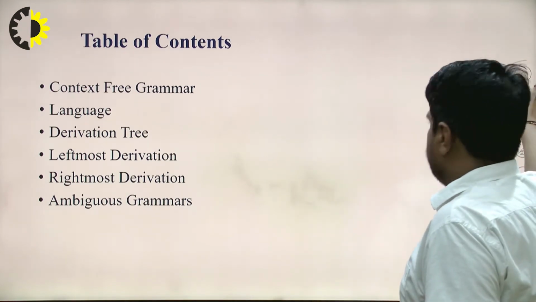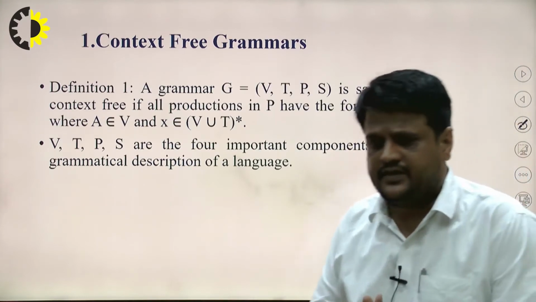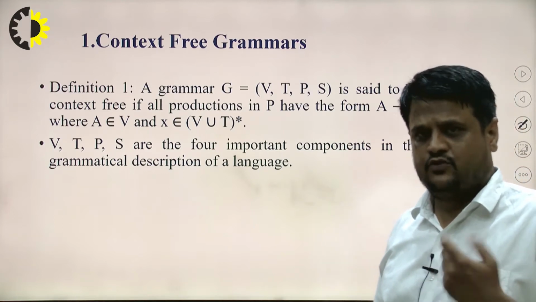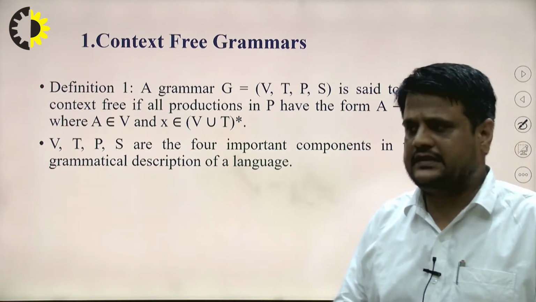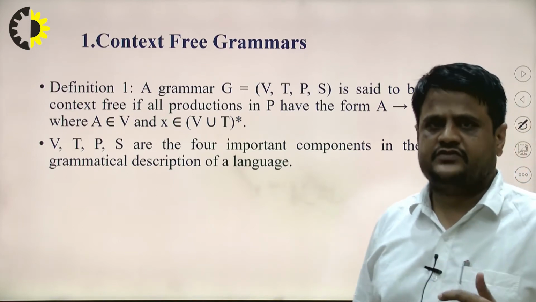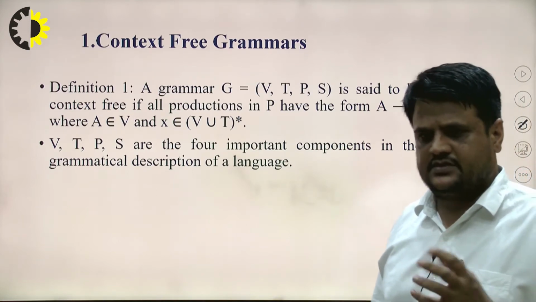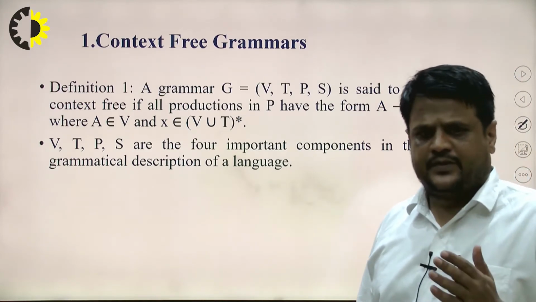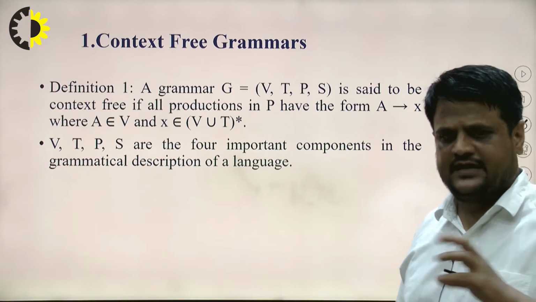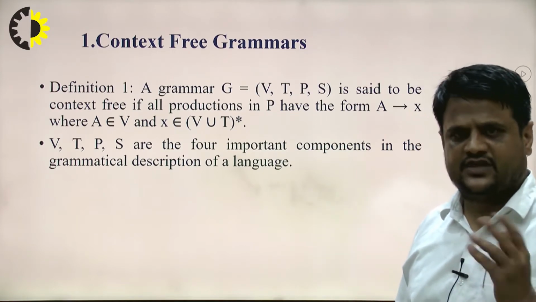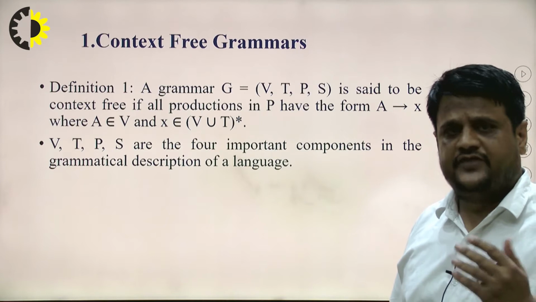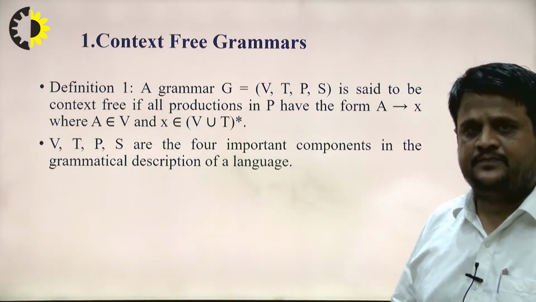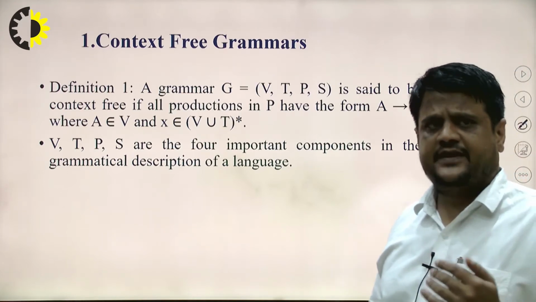Before going into depth, we will discuss grammars. What is a grammar? Basically, grammars are the rules to describe a particular language. In case of programming languages, various programming constructs can be described with the help of grammar. The grammar that is most appropriate to describe a programming language like Java, C, C++ is the context-free grammar, which is most frequently used.